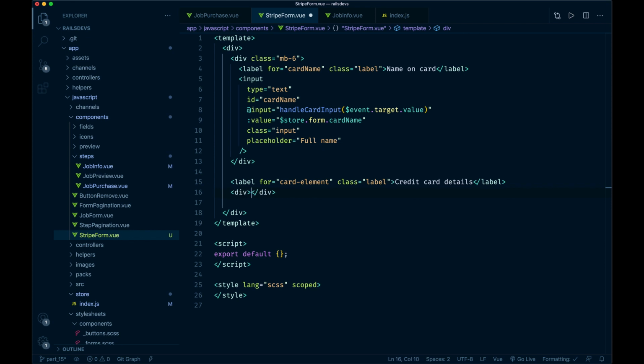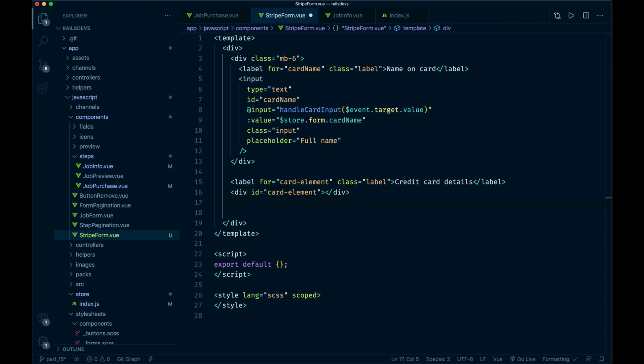Okay, here's where Stripe's going to come in. We're going to use Stripe Elements here. So I'm going to just say card element, and I'll get to this coming up. Won't make any sense right now, but just kind of what I want to deal with. Then we'll have a button. I'm going to make a div actually that's just